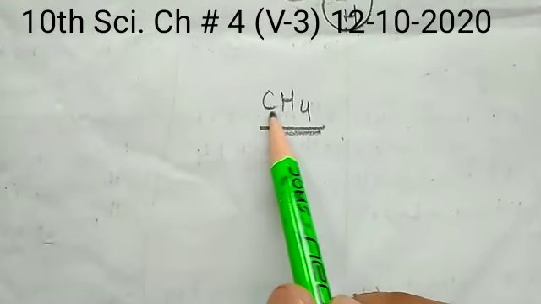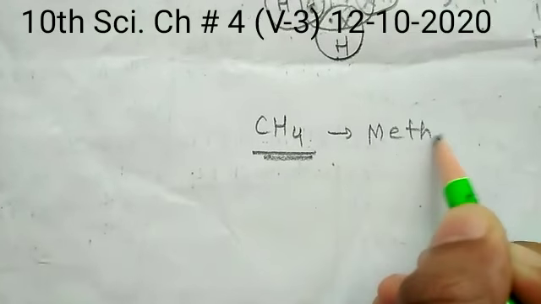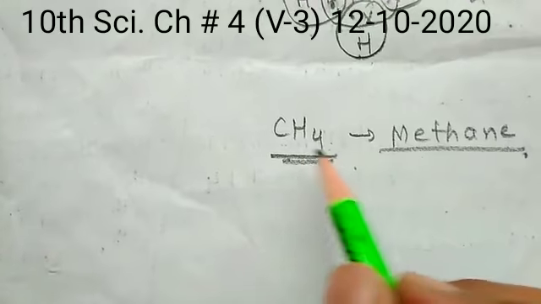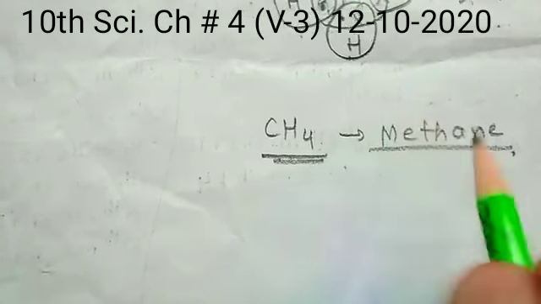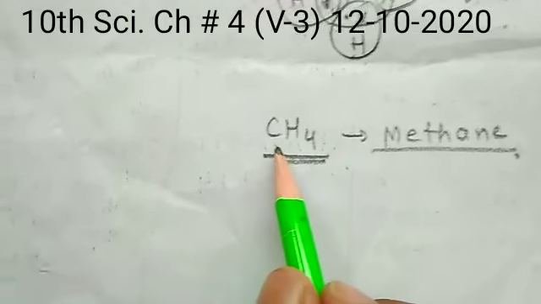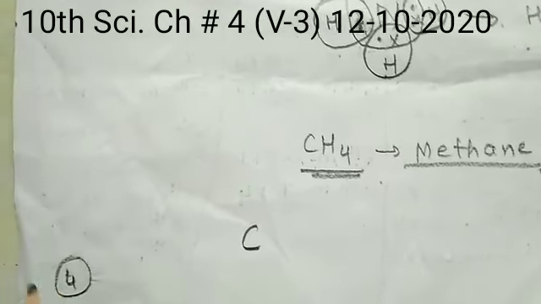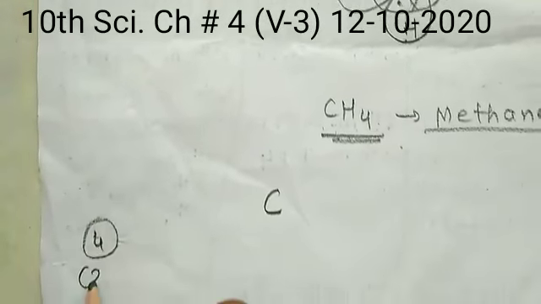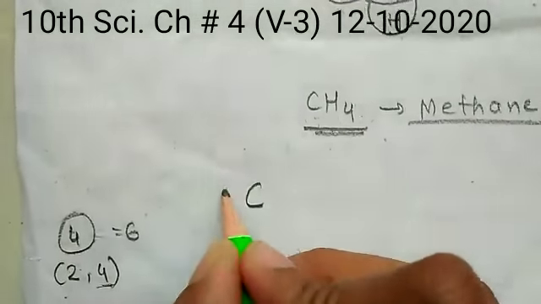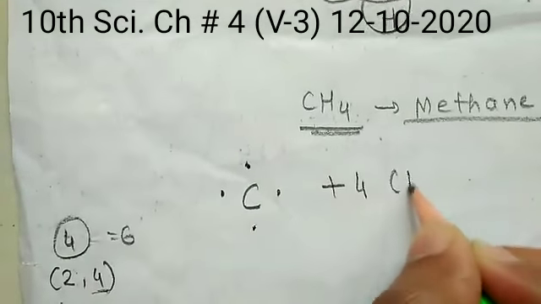Similarly, you can observe it in CH4. Remember this name, it is methane. We will discuss more about this molecule in detail. First we just understand how they form a covalent bond. Carbon is there in the outermost orbit. How many electrons are there? 4 electrons are there, because it has 2 and 4, total 6. So in the outermost shell 4 electrons are there, so it will arrange like this, plus 4 atoms of hydrogen